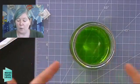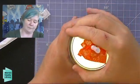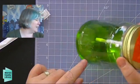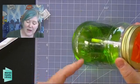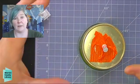All right, so I've got my water in there, or my alcohol in there, my food coloring. I'm just going to go ahead and add my straw. Okay, this works pretty simply. Let's see if I can do this. When my alcohol gets warm, it's going to rise because, and this is a really important aspect,